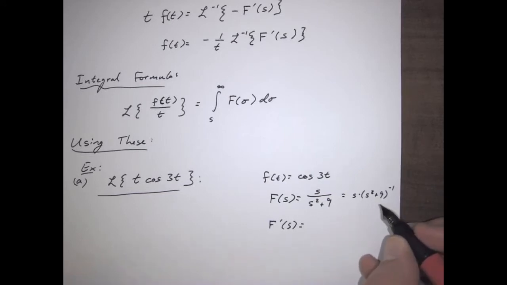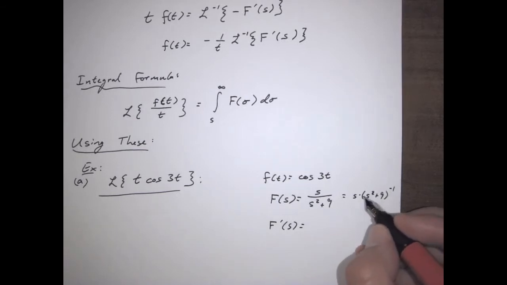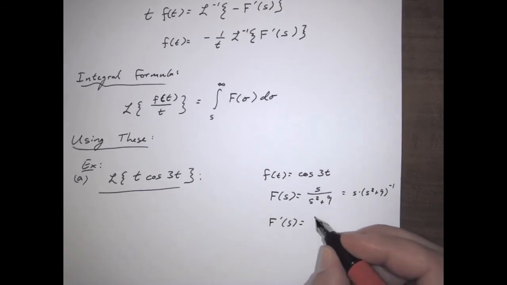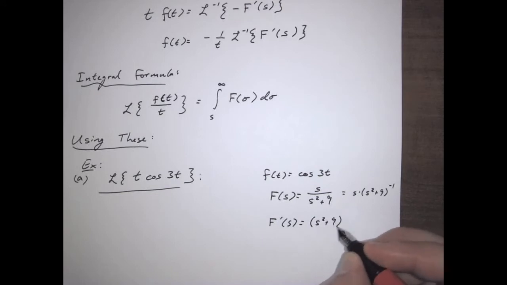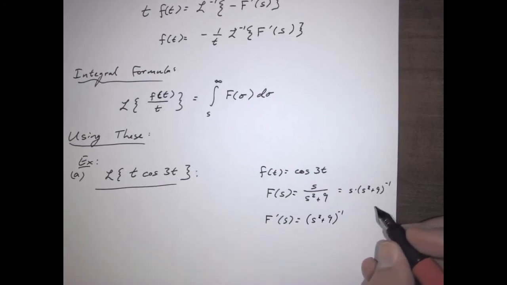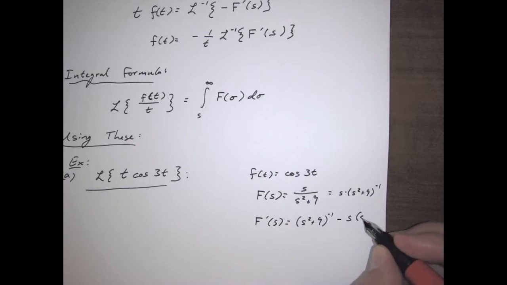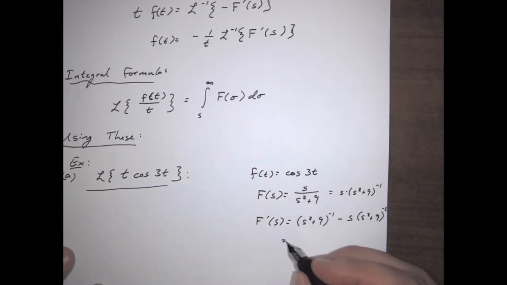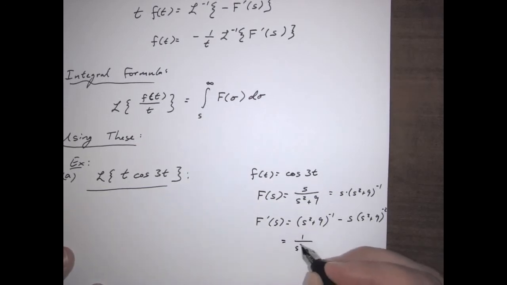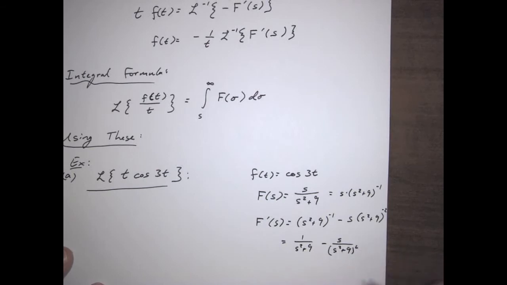So this is equal to, now take the derivative, that's going to be (s squared plus 9) to the negative 1, and then the s, and then leave that one alone, so minus s times (s squared plus 9) to the negative 2. And then that's going to equal 1 over s squared plus 9 minus s over (s squared plus 9) squared,